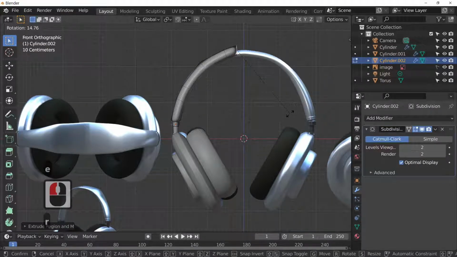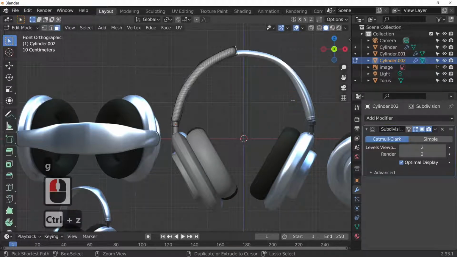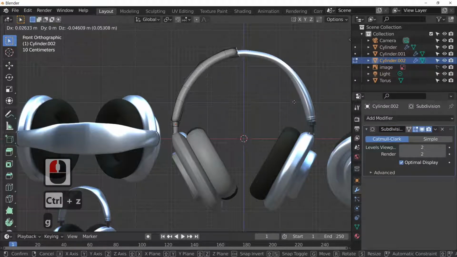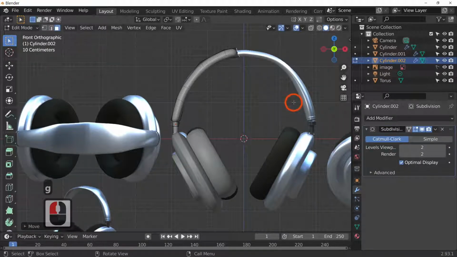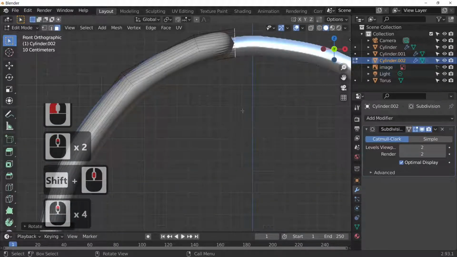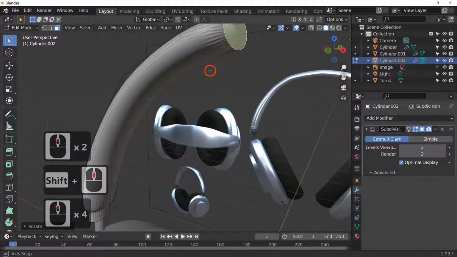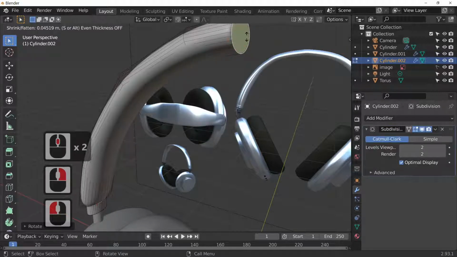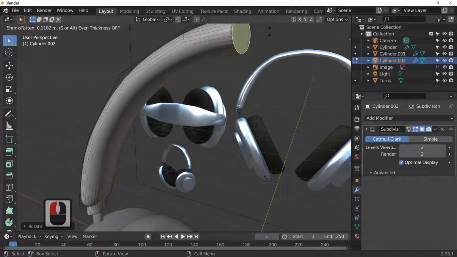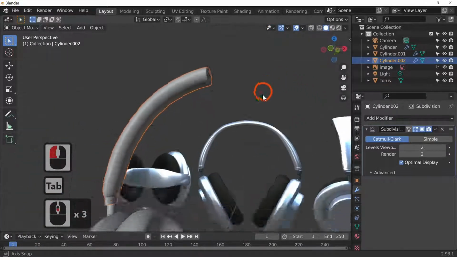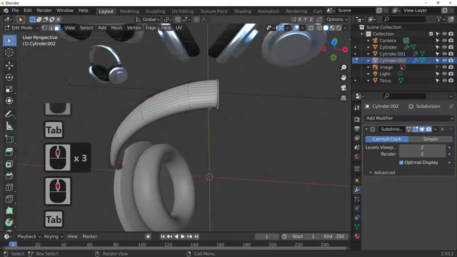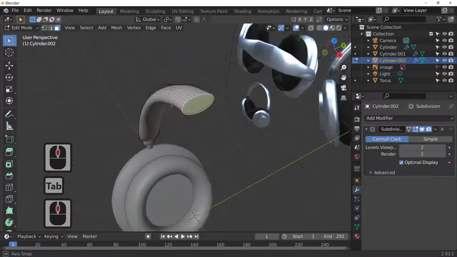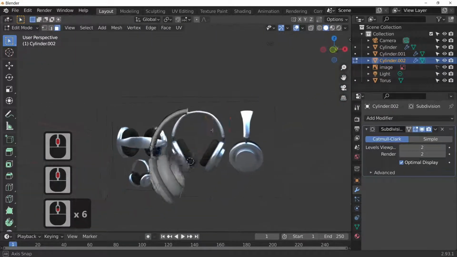Now we don't want this to go right to the end, G, Control Z, and G just to move it into place, and I'm just going to rotate these so they're actually on the vertical. And right to finish it off, I'm just going to do extrude along the normals, but I'm just going to do it a fraction just to finish it off. So we've got our headphones, our headphone shape, and the only thing we need to do now is to actually